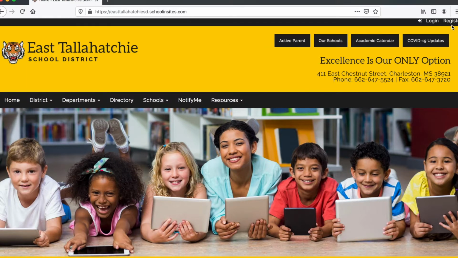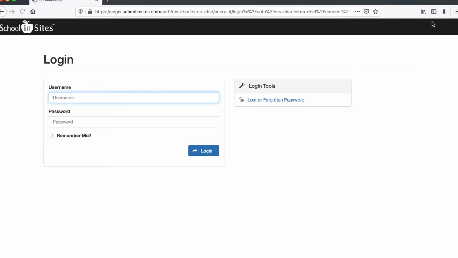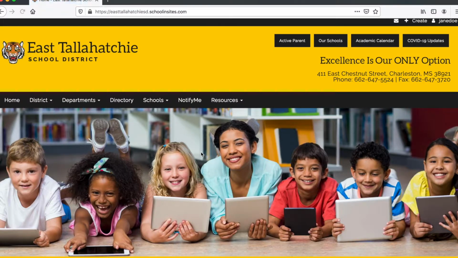You'll notice in the top right hand corner of the page you have a login link and a register link. If you haven't registered already, click this link to set up your account. For now, I'm just going to go ahead and log in. So once I'm logged in, you'll notice in the top right hand corner I have a create link and I